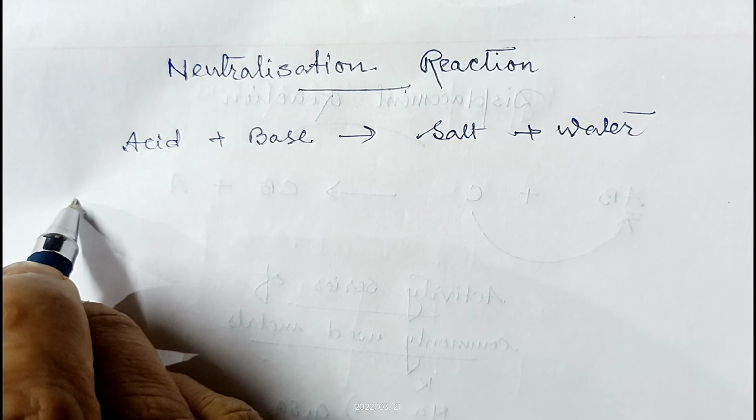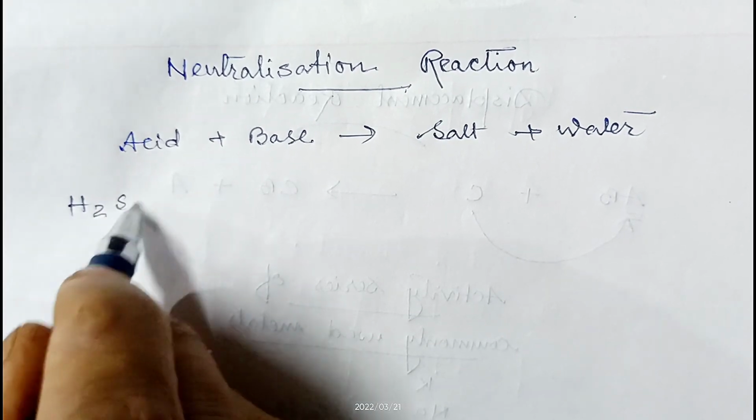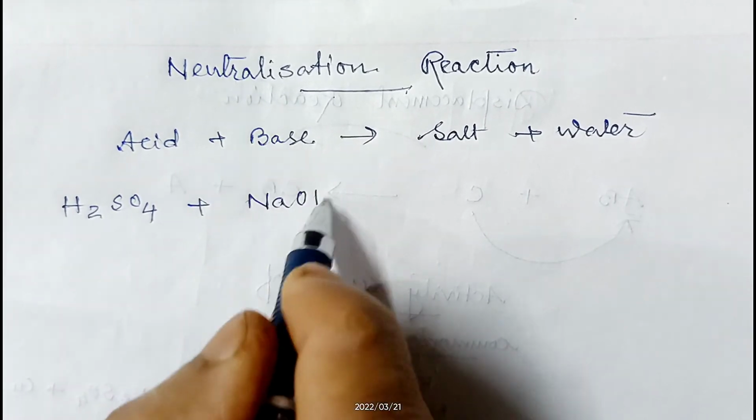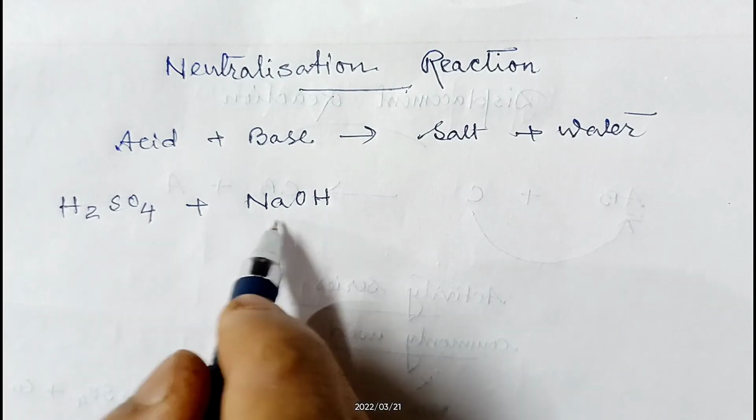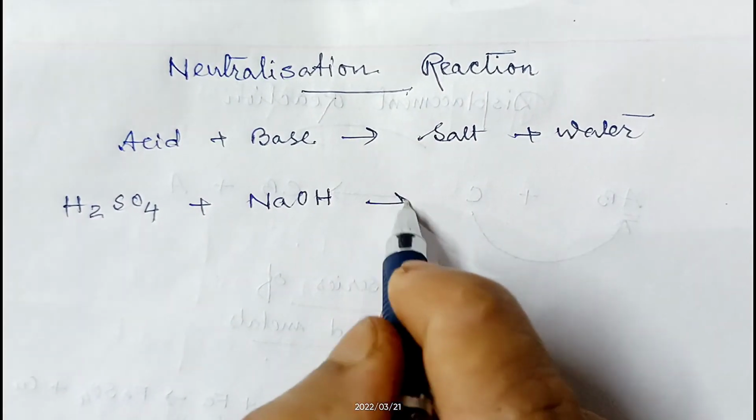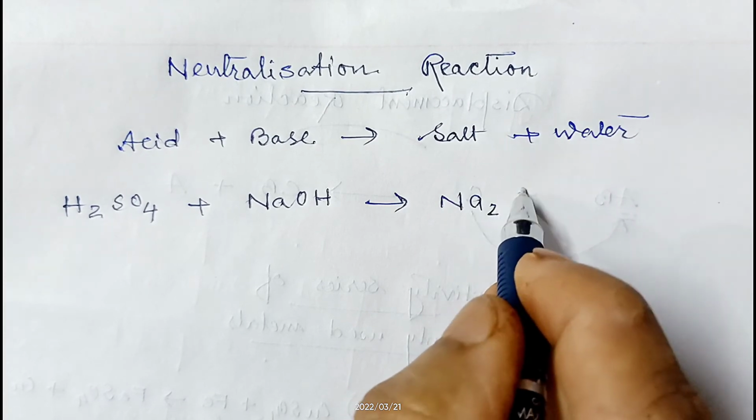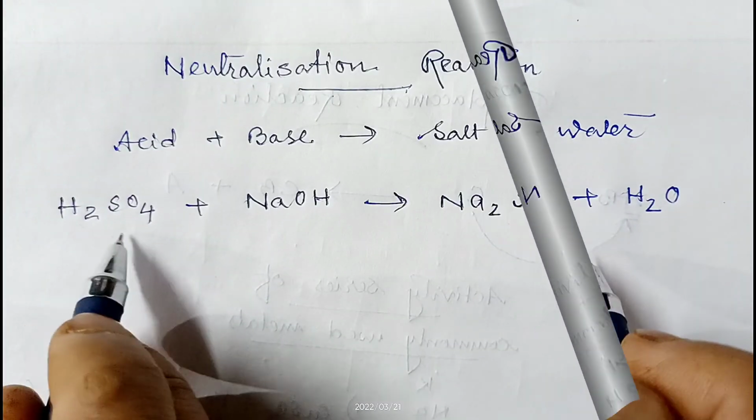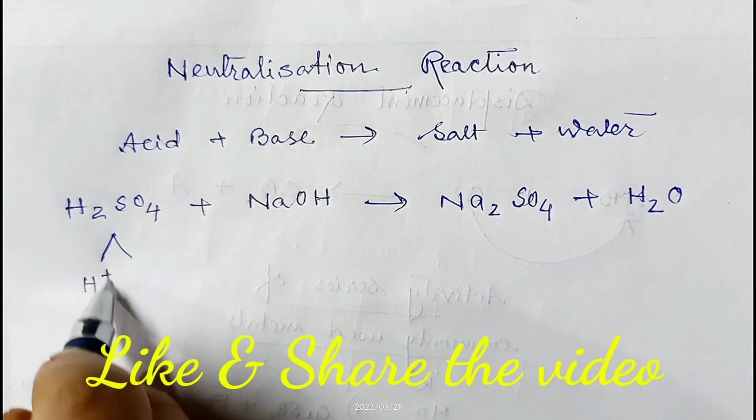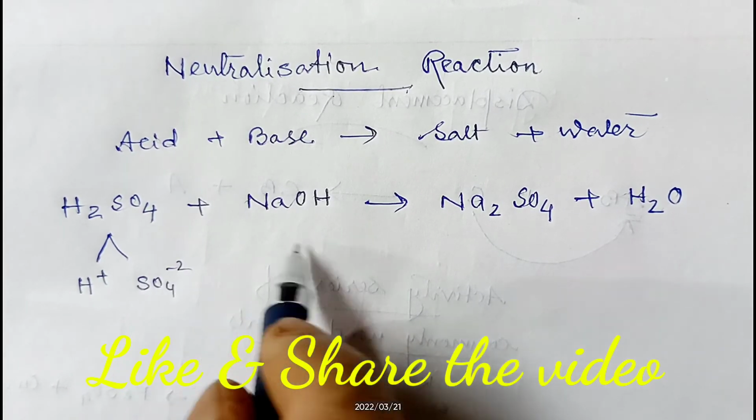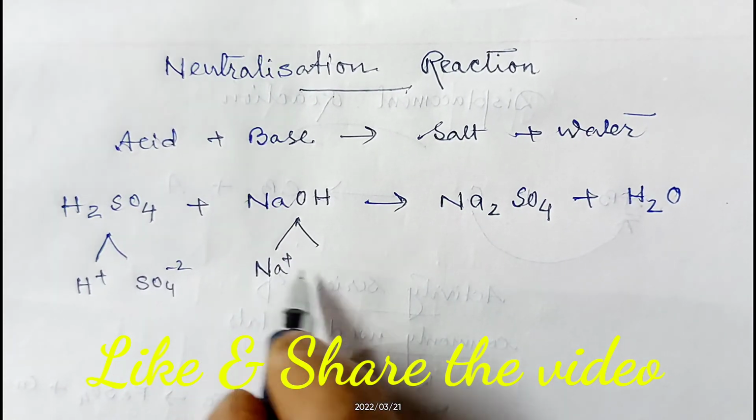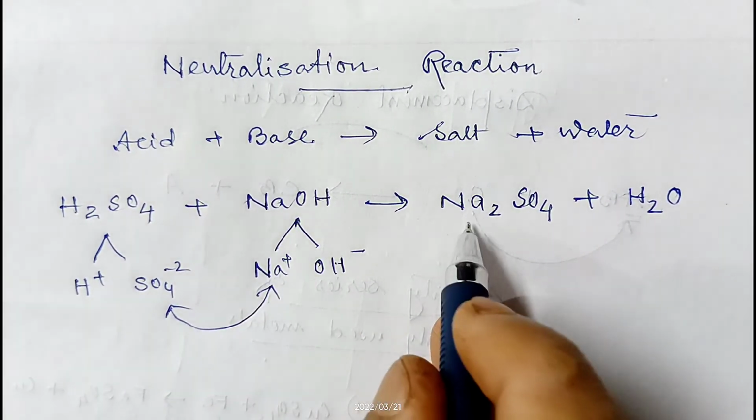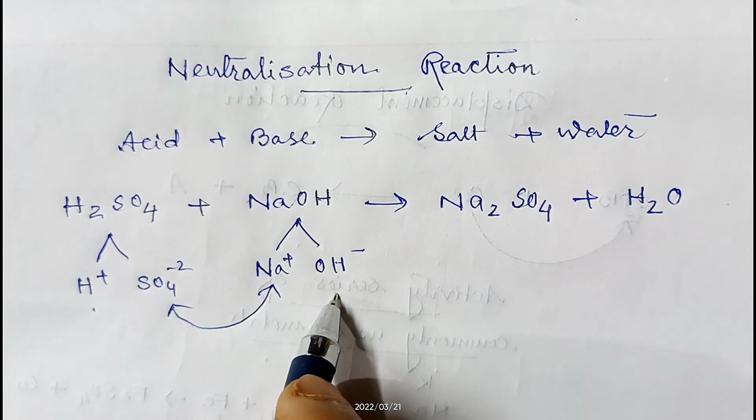Say for instance, if we take sulfuric acid, formula is H2SO4. When sulfuric acid reacts with sodium hydroxide, which is a very strong base, so this one is acid, this one is base. After the reaction, it is going to form sodium sulfate, Na2SO4, plus water. This sulfuric acid, we can consider it is H plus and SO4 minus 2. Sodium hydroxide, we can consider Na plus and OH minus. So this sodium and sulfate will react to form sodium sulfate, and hydrogen and hydroxide will